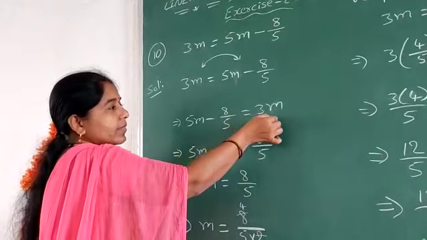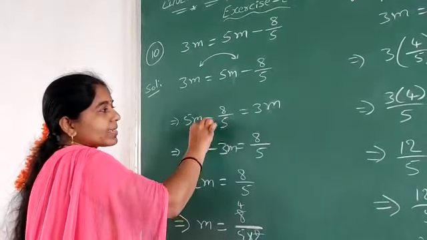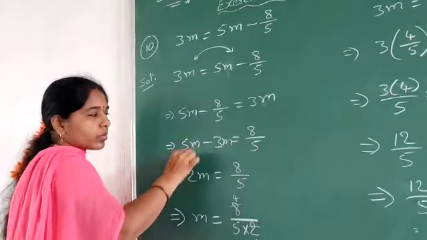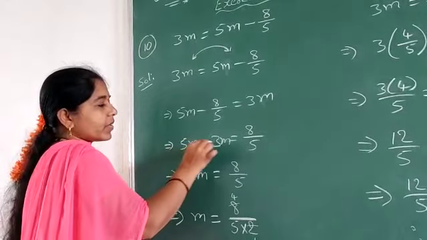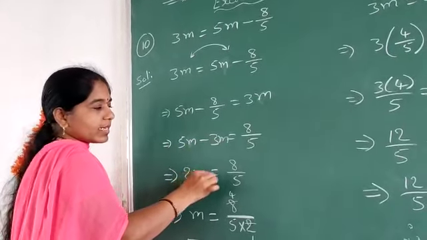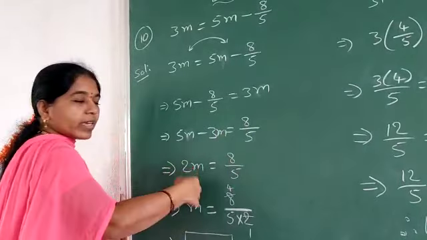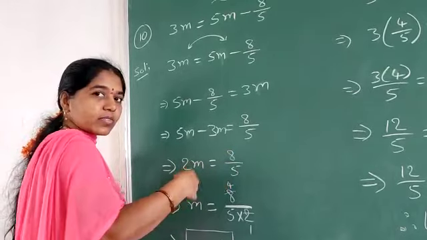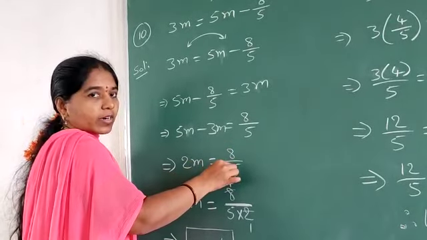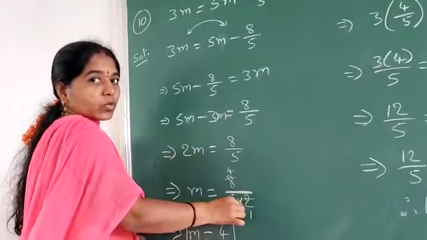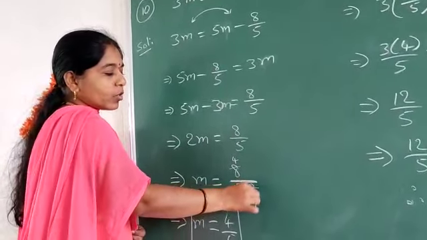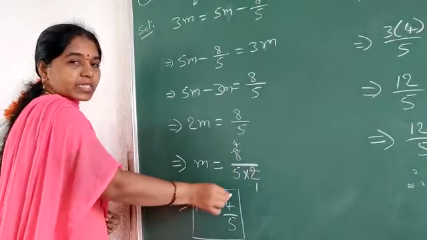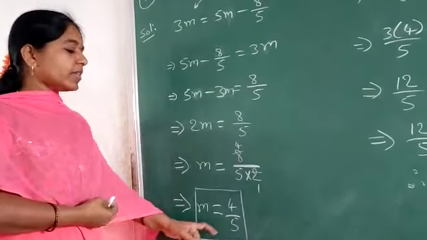Then this 3m will become minus 3m is equal to minus 8 by 5 will become plus 8 by 5. Okay. 5 minus 3 is equal to 2 and variable as it is. 5m minus 3m is equal to 2m, is equal to 8 by 5. 2 we have to transpose now to get the variable. Okay, m is equal to 8 by 5 as it is, we have 8 by 5 already. This 2 if you transpose it will become the denominator. Okay, 2 ones are 2, 2 fours are 8, we can strike out. 4 by 5 remains. Therefore the value of m is 4 divided by 5. Okay, the variable value is 4 by 5.